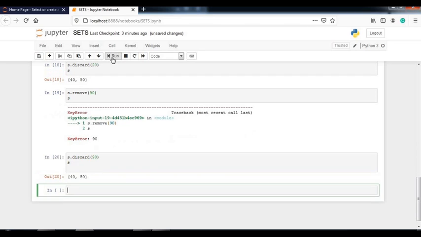Now let's see what will happen. The remove method will give you an error that you are doing something wrong, that particular value is not present in the set. But with the help of discard, you will not get any error. So it is better to use the remove method, so that if that element is not present in the set, you will get an error. Otherwise discard is okay, but you will not get any error.